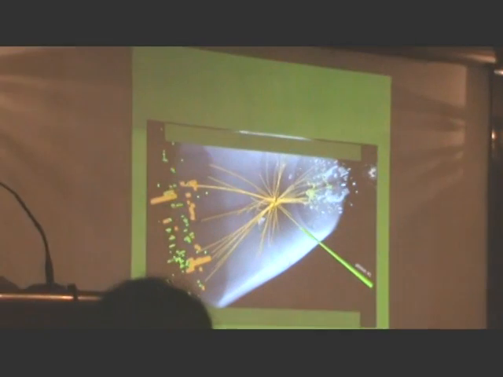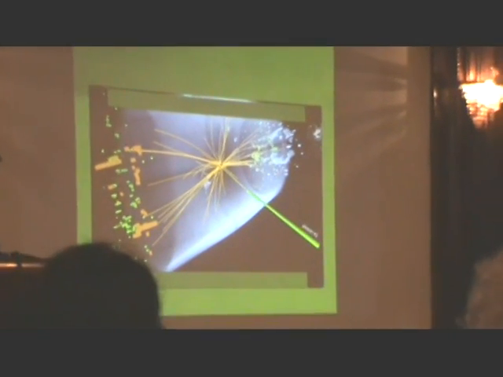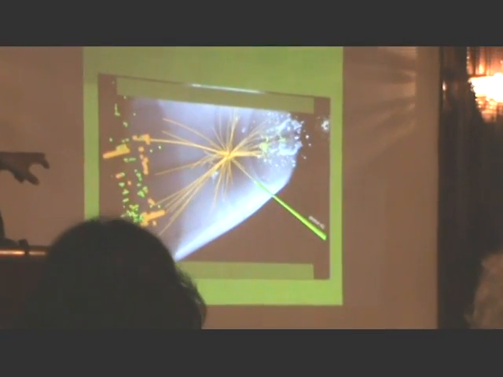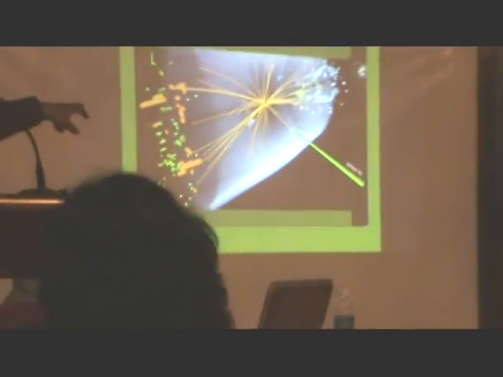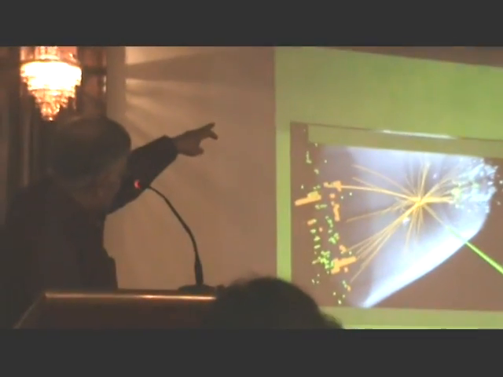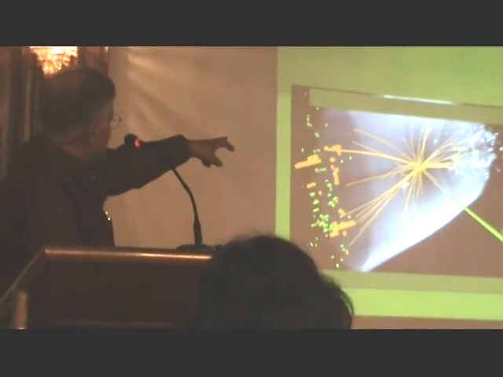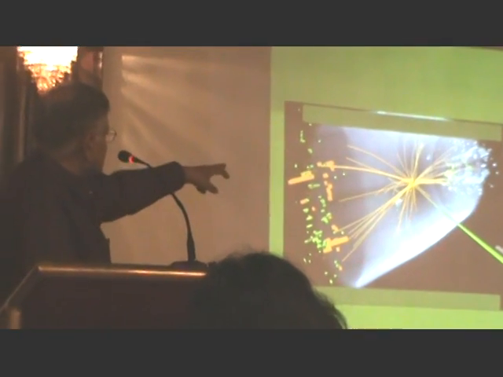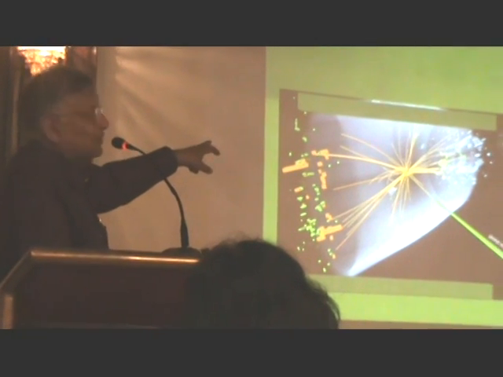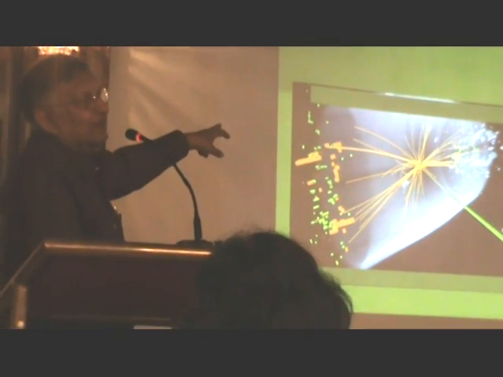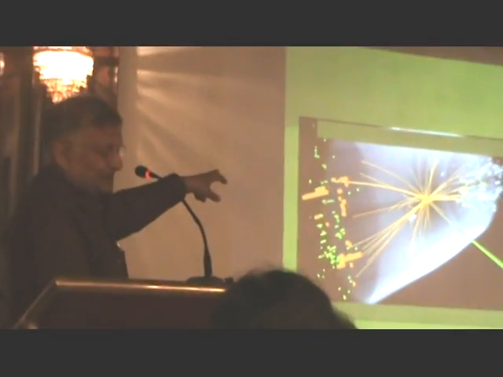And this is just a cartoon I picked up from somewhere on the web. Photon 2 you can see going that way, and from the top you can see the dotted line coming. There's photon 1. They collide, and you see the debris flying in all directions. And if luck holds, maybe 1 in 1,000 billion times, they'll see a Higgs boson.